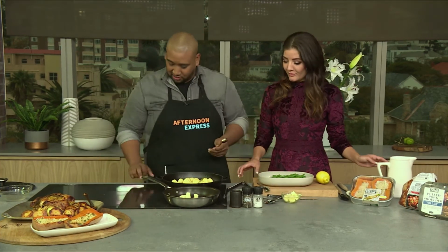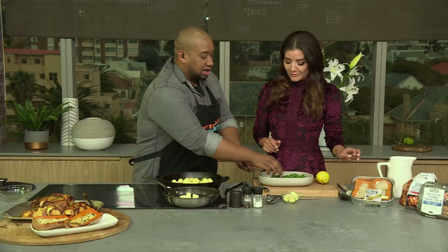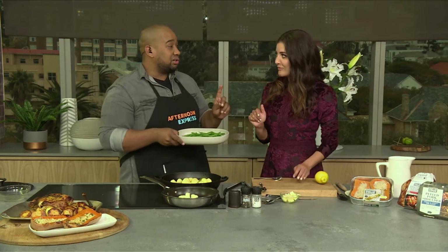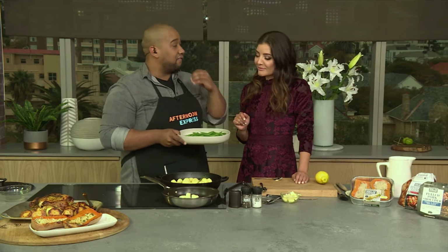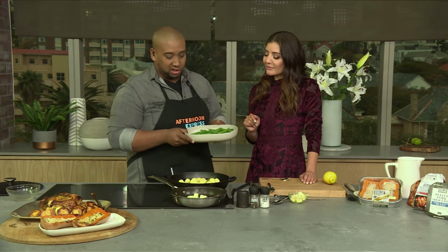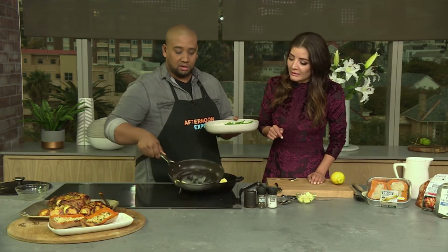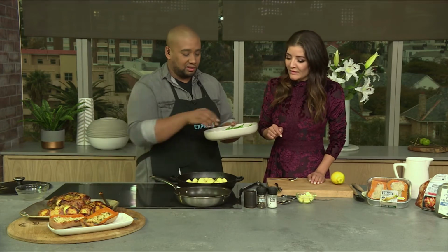We turn the heat up on that. And as soon as the butter starts melting, it doesn't have to be 100%, you can go in with your green beans. Now, we intentionally only cook the green beans for 2 minutes. You want it to still be very, very crisp. That 2 minutes locks in the greenness, and that's the most important thing. Okay. So the butter's doing its thing. Oh, it's going very quickly. Get it back on the heat, and you're going to drop...